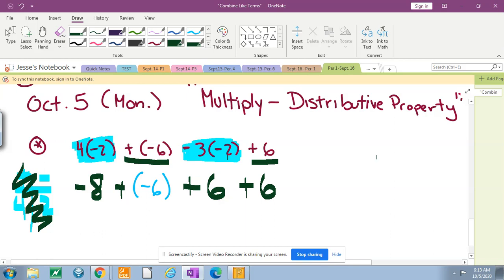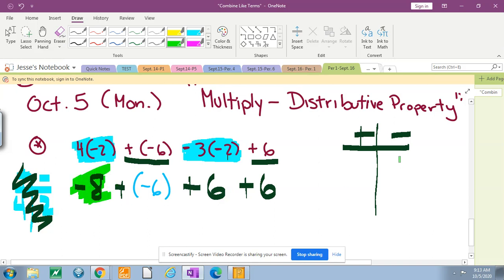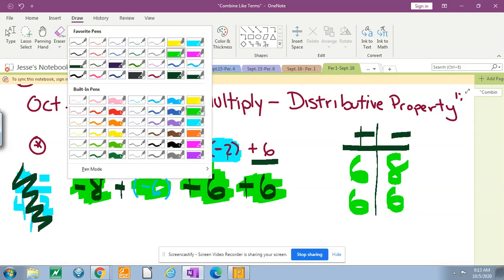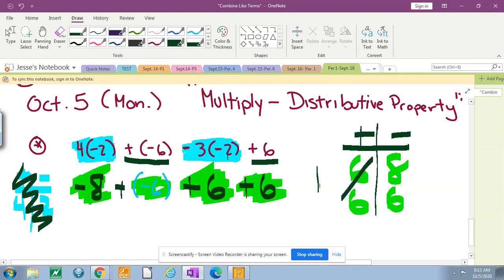Now I could do your t-chart. Now I could do this. All right, so what's the first one? So the first one is -8. So I'm going to put -8. What's the second one? -6. Very good. Well, the third term or constant, 6. And the last constant is 6. So you see how we could add these, right? We could add the 6 plus 6, that's 12. And the 8 plus 6, that's 14. So what's my answer? My answer is